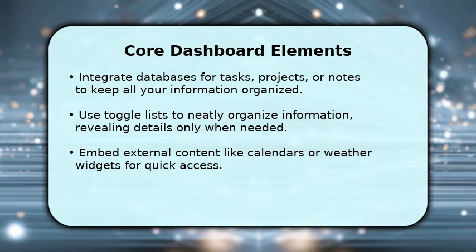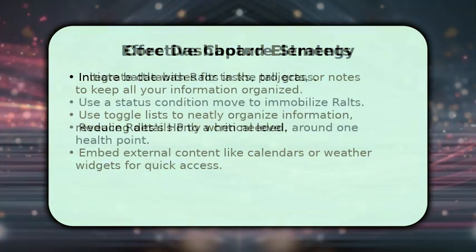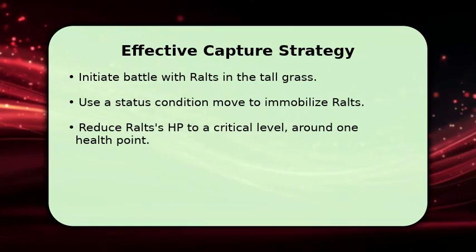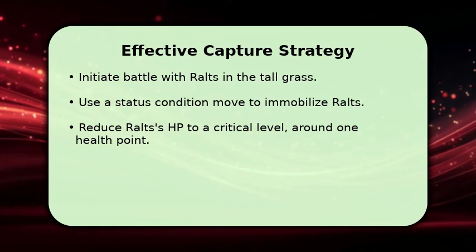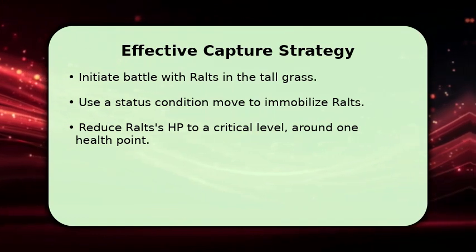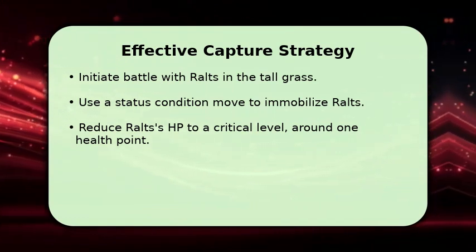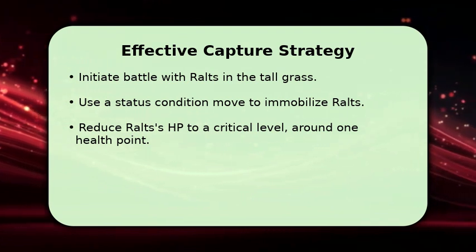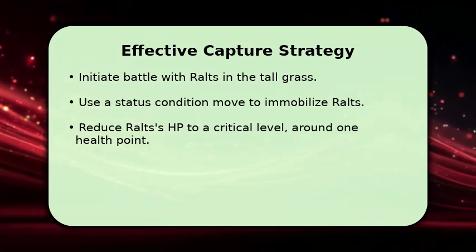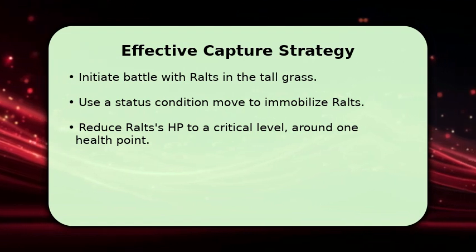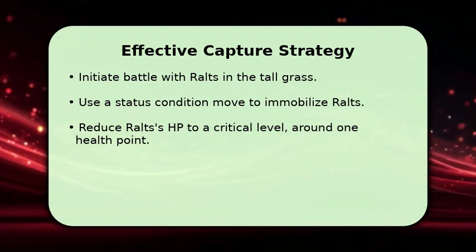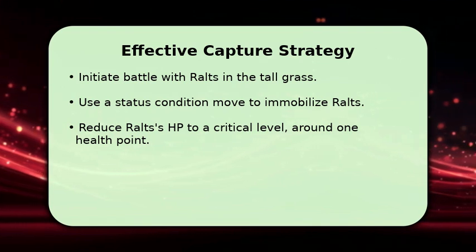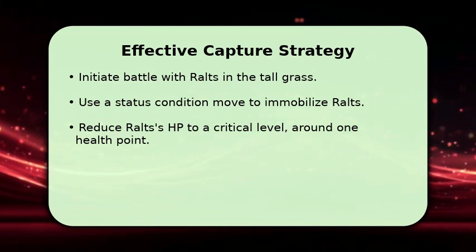Once you encounter faults, the capture strategy is straightforward. Start by inflicting a status condition like sleep or paralysis to prevent it from escaping or attacking effectively. Next, carefully reduce its health to a critical level, ideally leaving it with just one health point. Be cautious not to accidentally knock it out. With its health low and a status condition active, throw your best piquet ball and cross your fingers for a